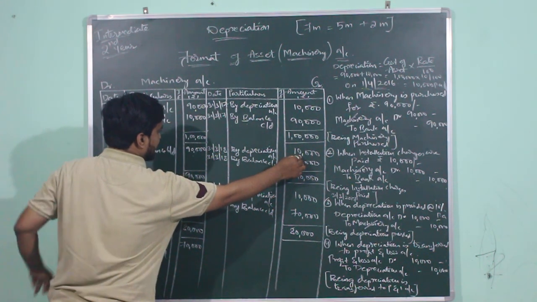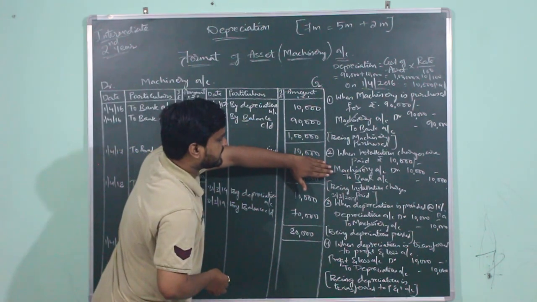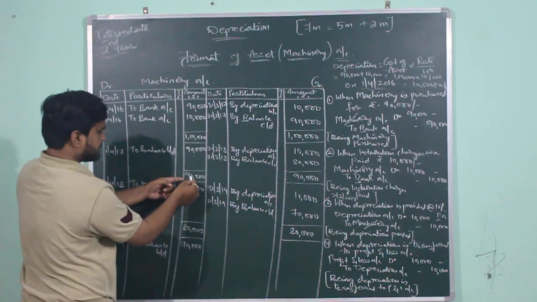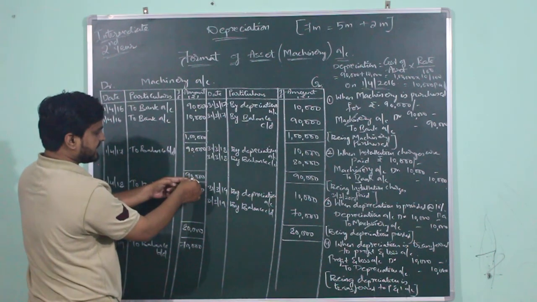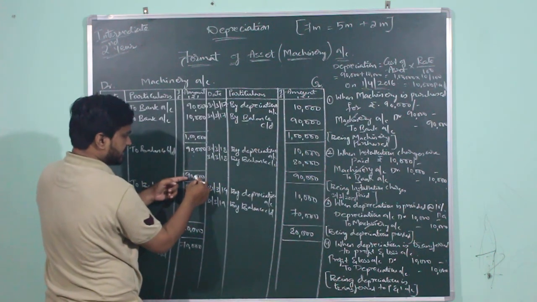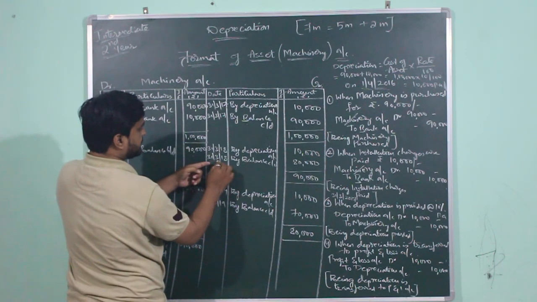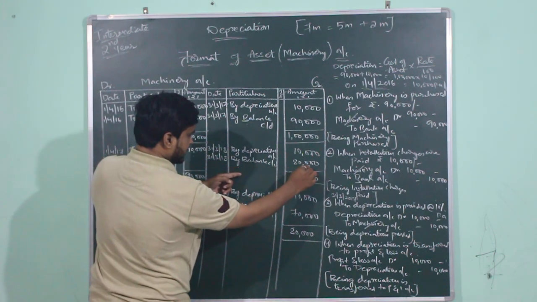Now again you are going to balance this account. Here the total is 90,000 and here the total is only 10,000. So what is the highest total? 90,000. So 90,000 will be recorded on debit side as well as 90,000 will be recorded on credit side. So what is the difference amount? 90,000 minus 10,000, it works out to be 80,000. So it will be written as 31st March 2018 by balance carried down 80,000.